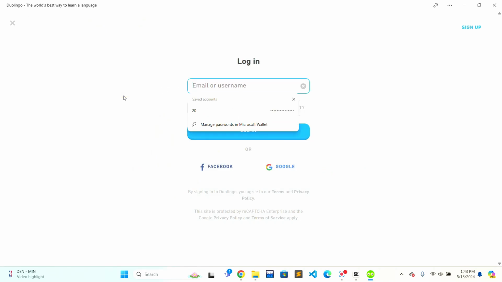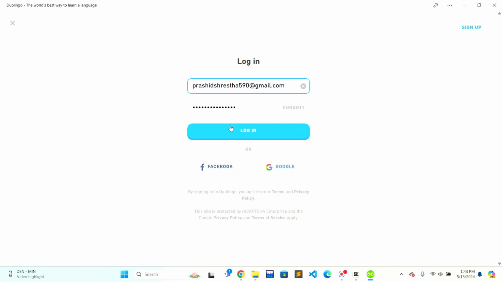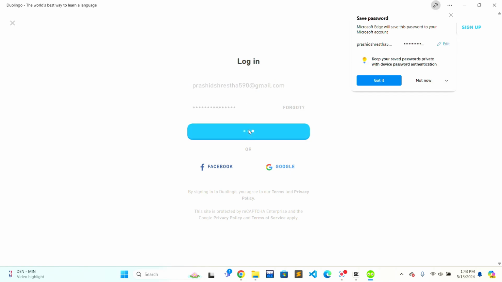Now I just need to add my email and my password as well. When I have successfully added my email and password, there is a login button just below the password section. I will just need to click on it